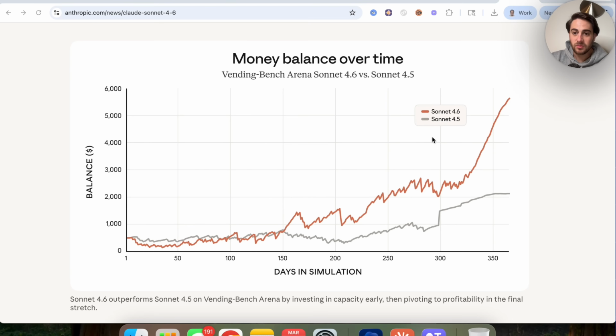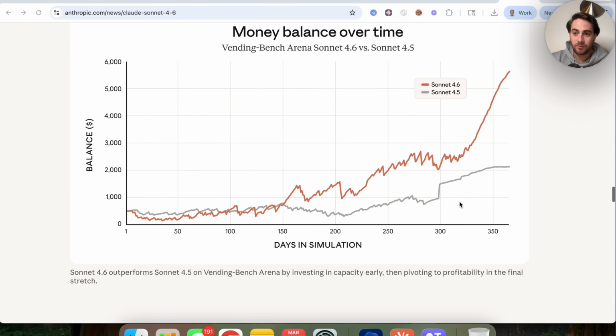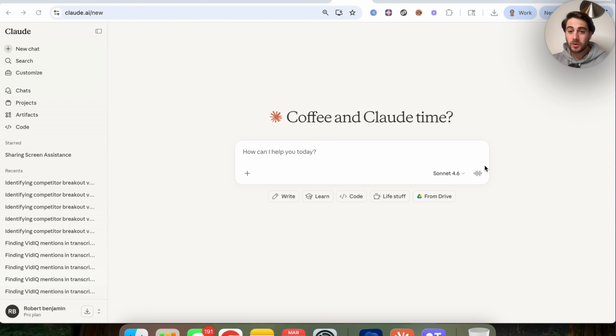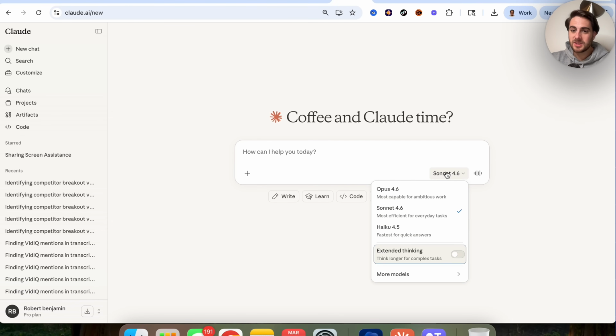For example, this right here compares Sonnet 4.6 to Sonnet 4.5 on a money balance over time, and we could see that Sonnet 4.6 absolutely crushes it. So to make a long story short, basically you want to be using Sonnet 4.6 when you're doing anything besides coding or super agentic tasks,